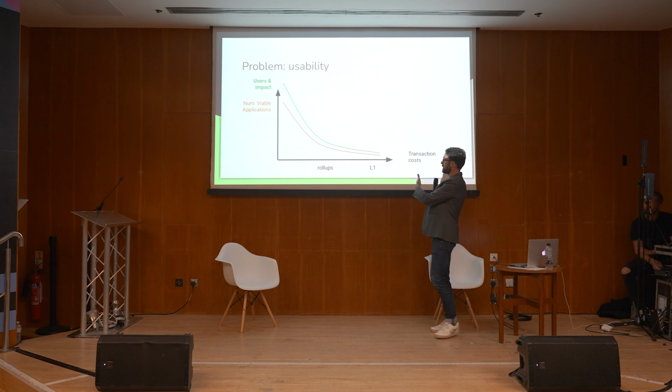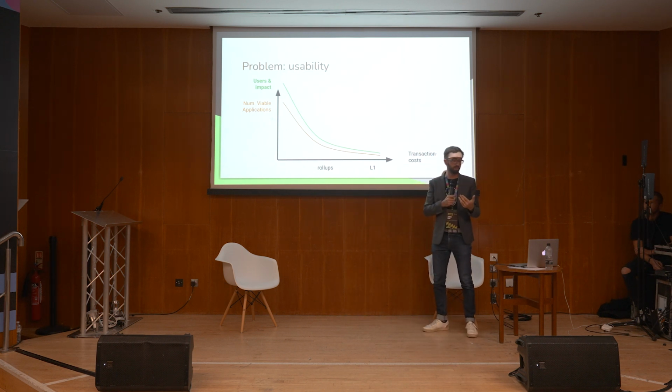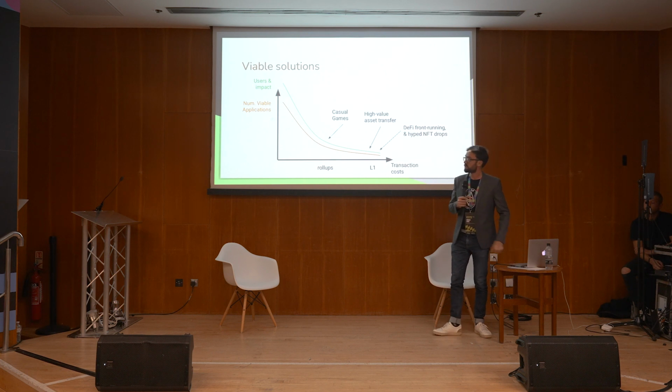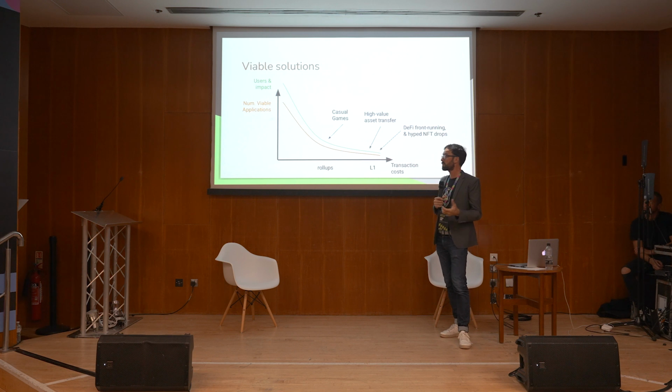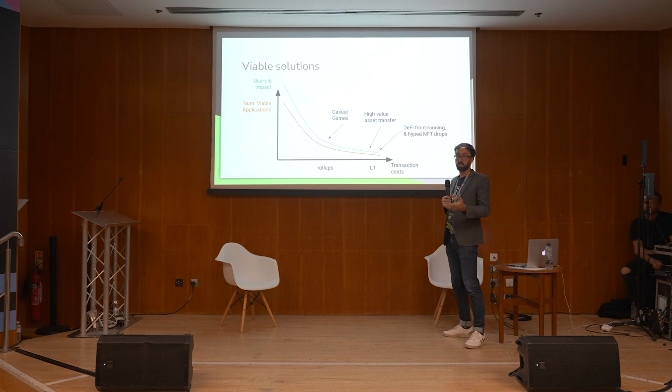Those applications that are built at the different price points can get more users if it's easier to use. The types of applications we see at the expensive level are hyped-up NFT drops or high-value asset transfers, traders moving large amounts of money. It's worth their while to spend on layer 1 Ethereum because they've got a lot at stake, they're moving a large amount of money, making a lot, so they'll spend that $100 on a gas fee because it's worth it for them. But for most people, that's not the case.